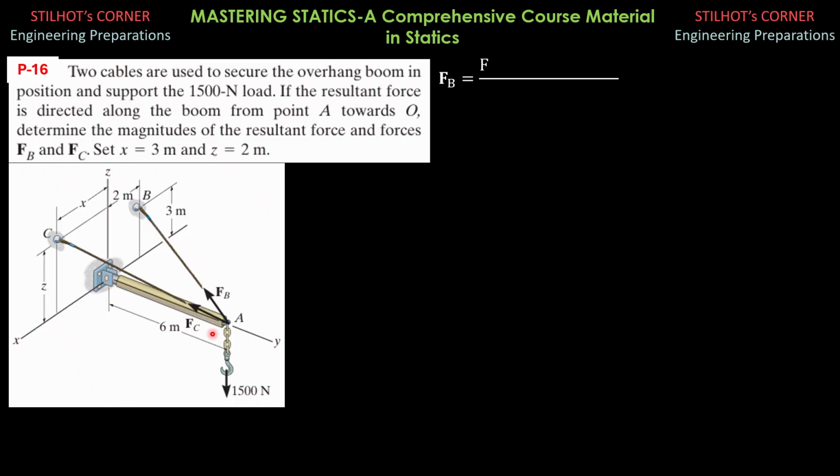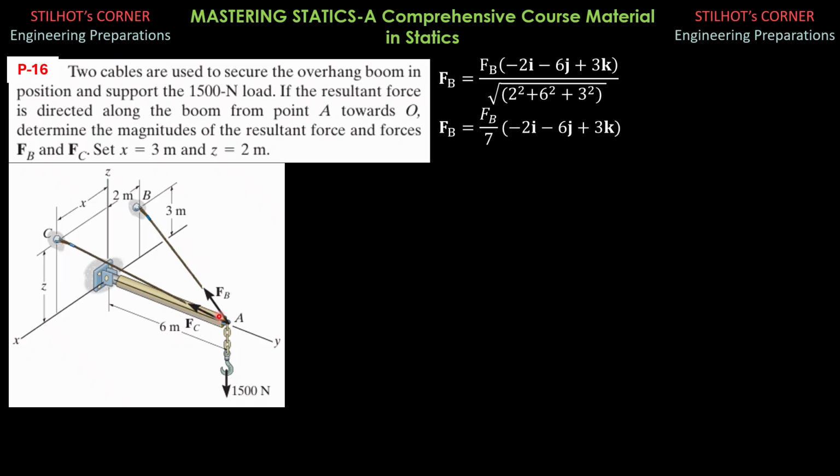So let's have the forces. Fb in vector form is magnitude of Fb, then quantity, it is directed backward 2, so negative 2i, leftward negative 6j, then upward along z positive 3k divided by square root of 2 square plus 6 square plus 3 square, and simplifying, Fb vector is magnitude of Fb over 7, quantity negative 2i minus 6j plus 3k.